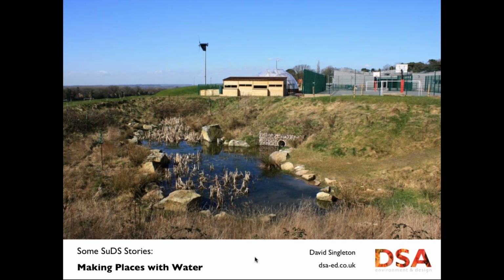So instead of creating areas of unwelcomeness, you create things which people potentially can enjoy. And in detail, if we design marginal shelves into these features and we get the planting right and the management regimes are taken care of properly, now we start to make an interesting place. And Alan Bennett, when he wrote